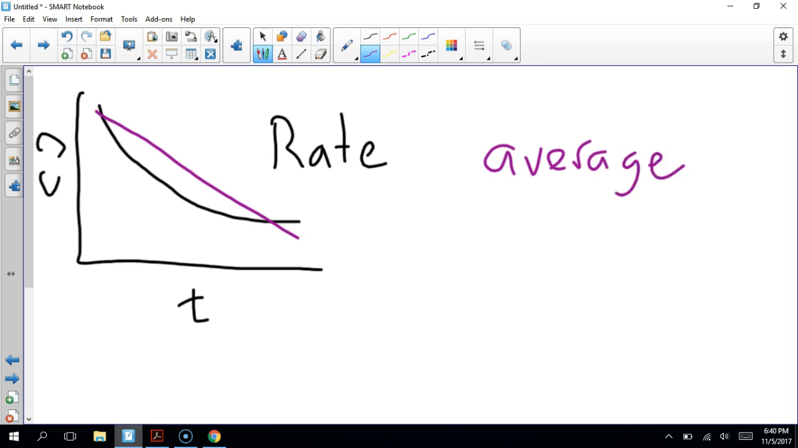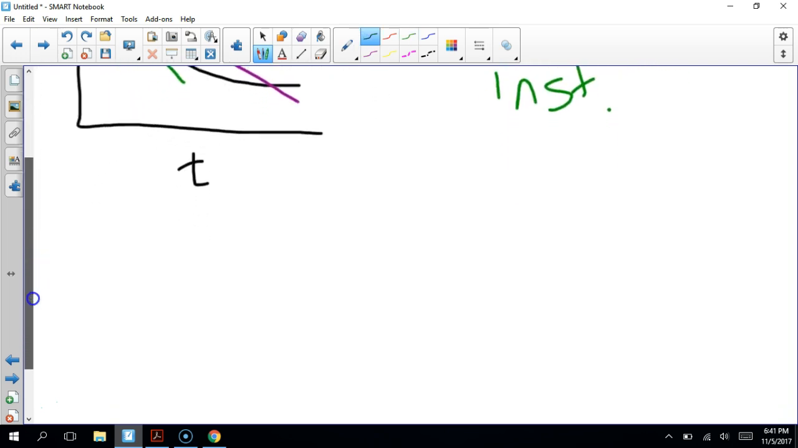And then the instantaneous rate is, let me do that in a different color. I'll undo that. The instantaneous rate is the slope at a point, and so that's going to be different than the two. Okay, so that was the first graph that we talked about. Now the second graph that we talked about